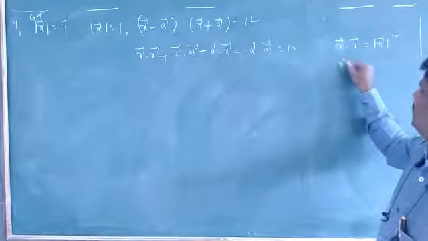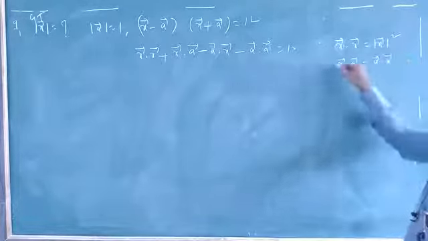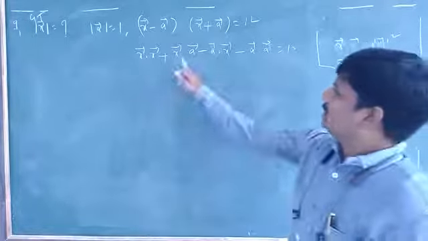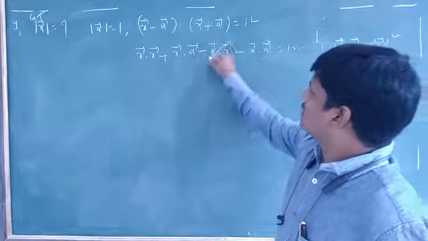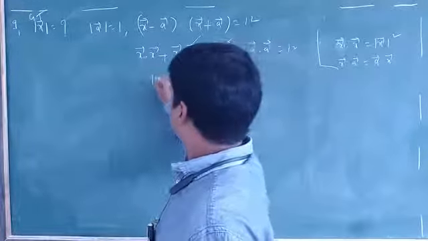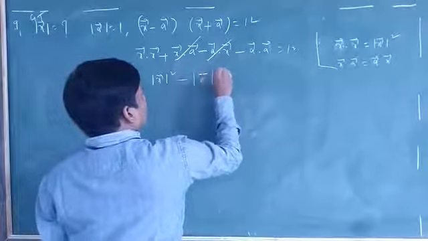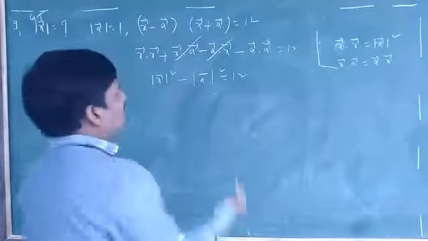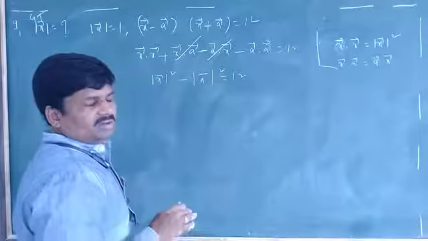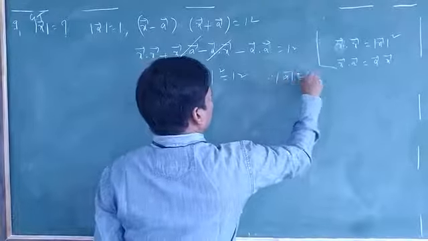And x bar dot a bar is equal to a bar dot x bar. Why? Because the dot product satisfies the commutative law. So x bar dot a bar minus a bar dot x bar, both are the same, so both will get cancelled. So x bar dot x bar means mod x bar square minus mod a bar square is equal to 12. But mod a bar value is given, a is that unit vector, so mod a bar is equal to 1.